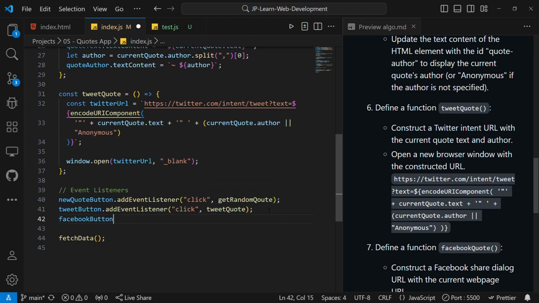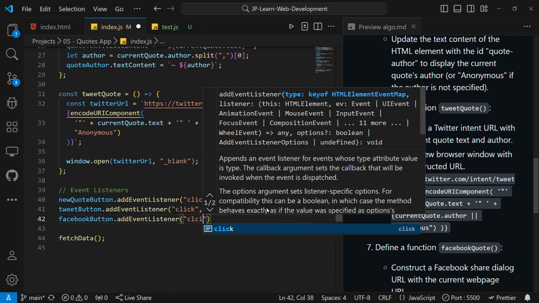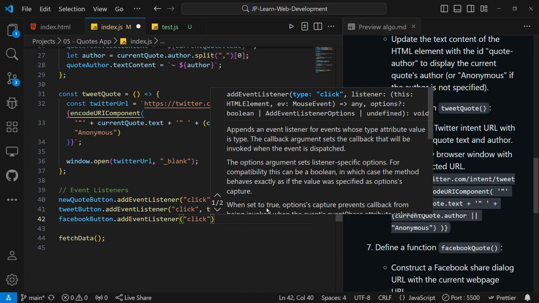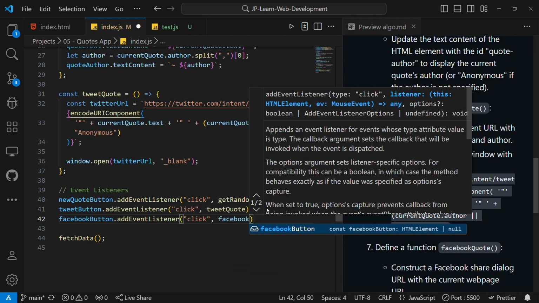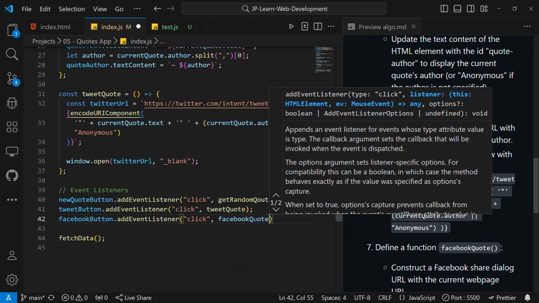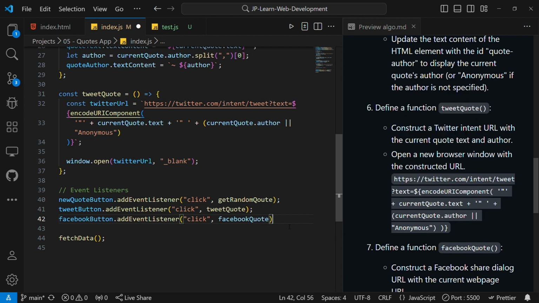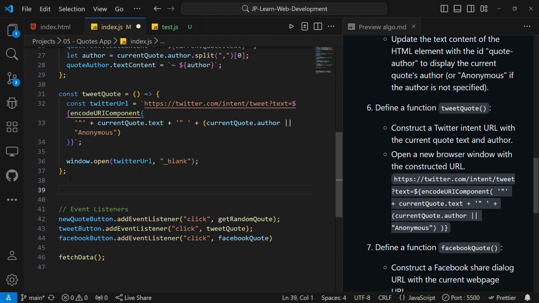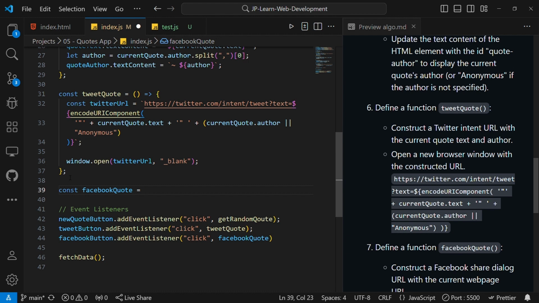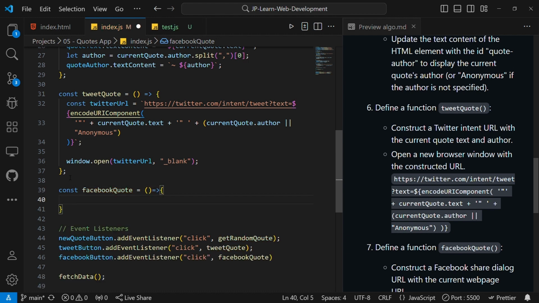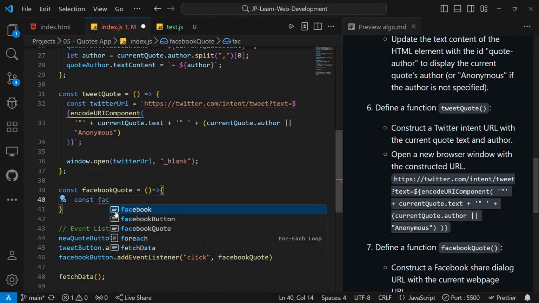I can say Facebook.addEventListener. I'll listen for the click event. So when someone clicks that button, I want to call this function, I'll call it Facebook quote. Facebook quote, yeah. Then I'll create that function since it's not there. So I'll say const Facebook quote is equal to an arrow function, like that. Then the same idea that we did for Twitter, I'll just do the same thing. I'll say const Facebook URL